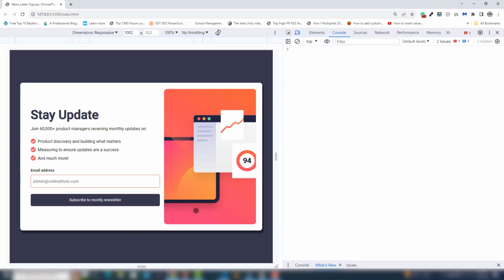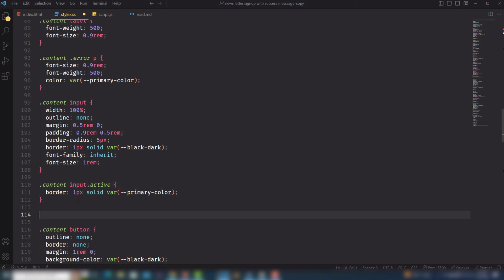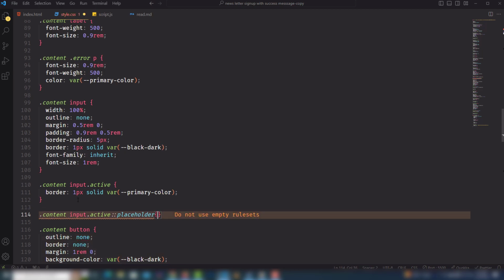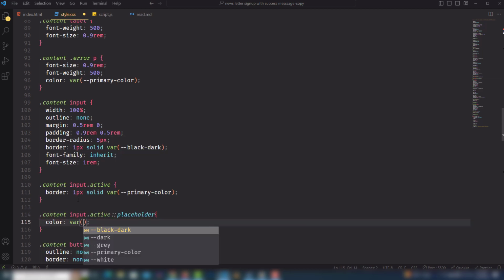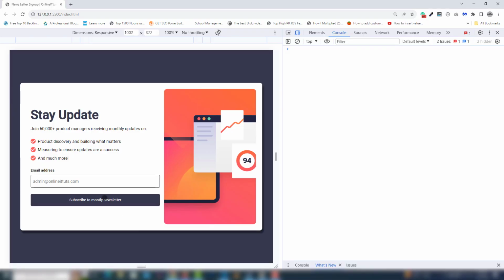But also I need to change the color inside the input field. So what I need to do there is select the content input dot active colon placeholder. So inside that, I need to change the color, primary color. So I need to remove the default active class from there because I have JS. Click on that, right now, as you can see. But when you enter something,